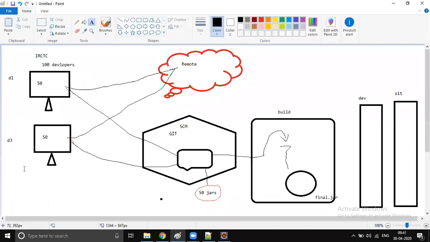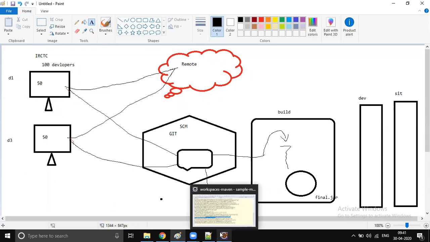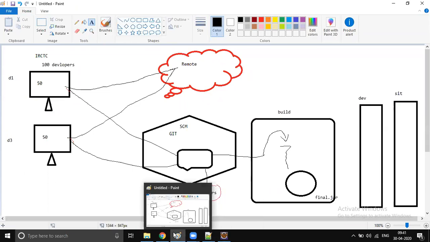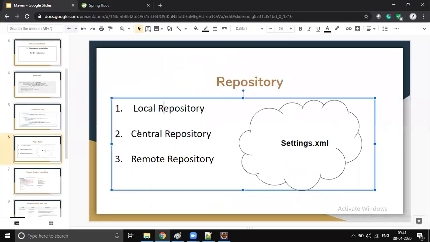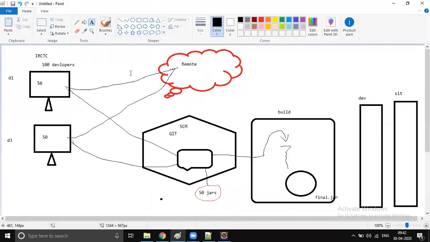When the developer downloads those jars into his local machine, those jars will be stored in a repository called the local repository.